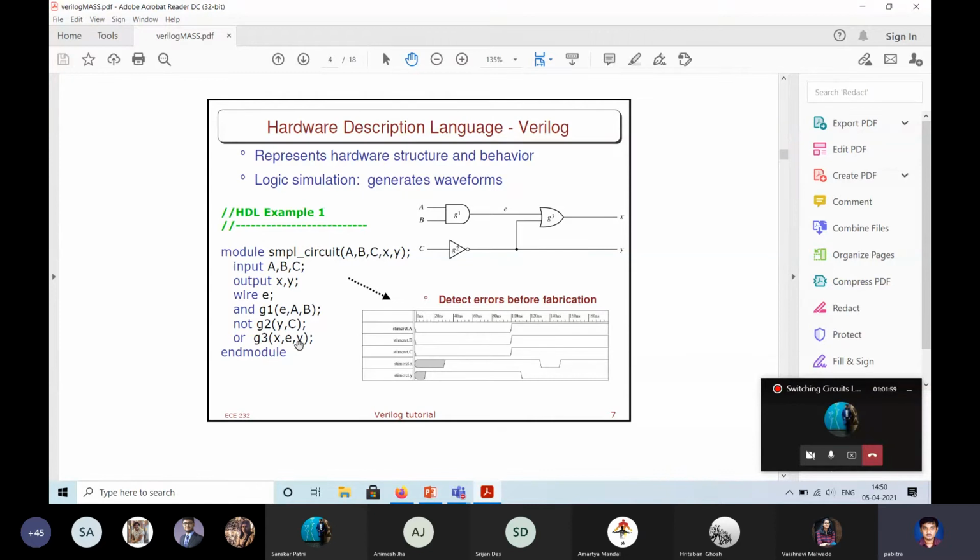So the way you define your port list will give you the interconnection. So this is just a circuit description. Along with this, you have a test bench for ABC. The test bench would consist of a waveform for A, a waveform for B, a waveform for C. If you run the simulation with that test bench, you will get the outputs.